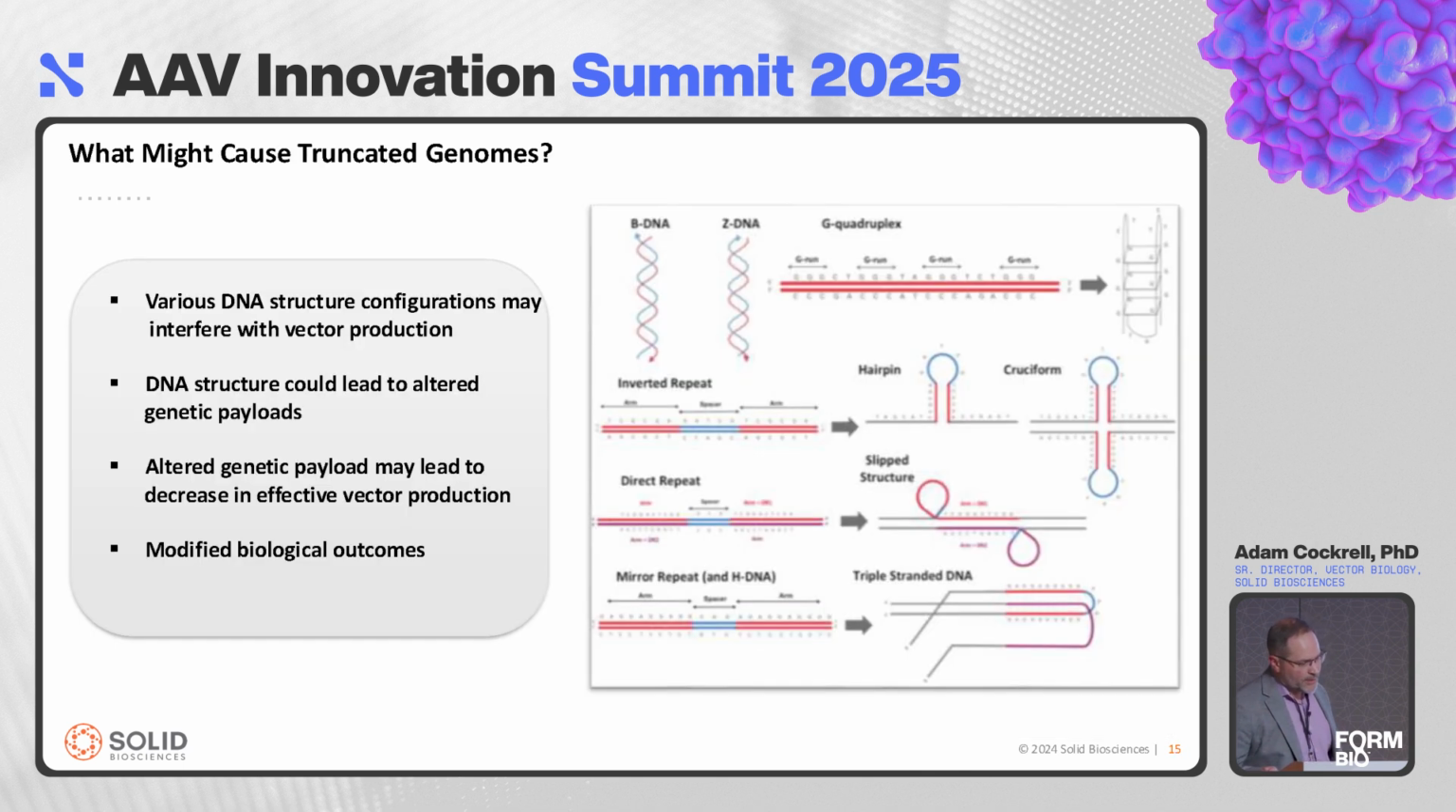So what might be causing truncated genomes? There's lots of various structures that could be occurring randomly in a sequence, or it could be preventing proper replication of the genome. You could be inserting stuff like a microRNA or something that Phil mentioned, a couple of secondary structures that you could be putting in there that could forcibly cause truncation, so you would have to modify those in a way that would reduce the truncation, so then you go back to a full vector being packaged into your particle. So altered genetic payloads may lead to decrease in effective vector production, which may lead to modified biological